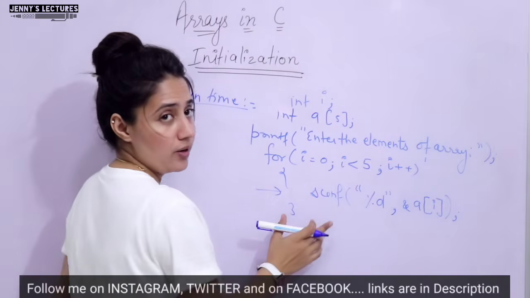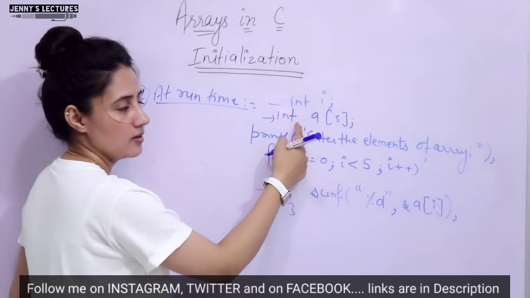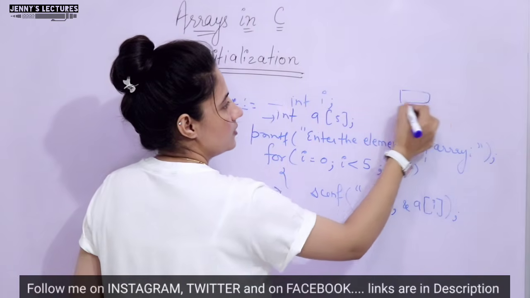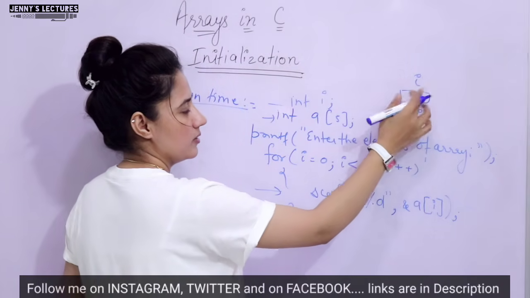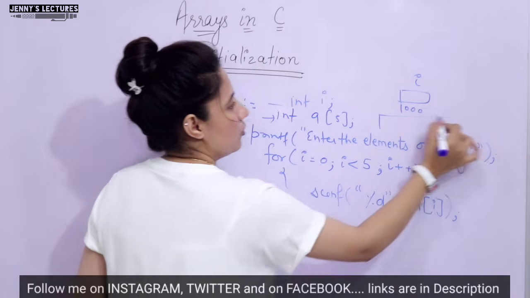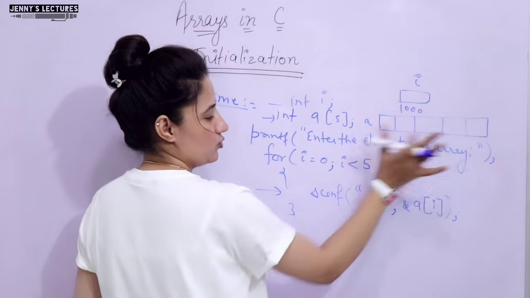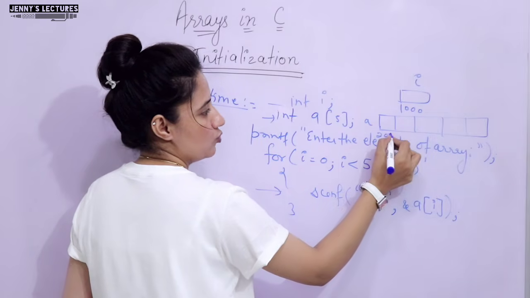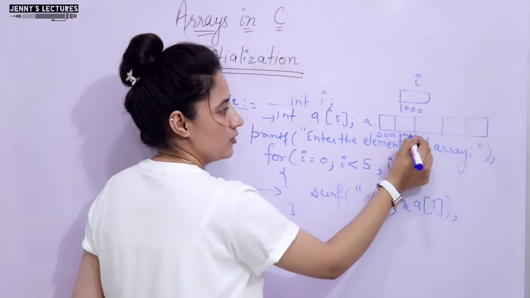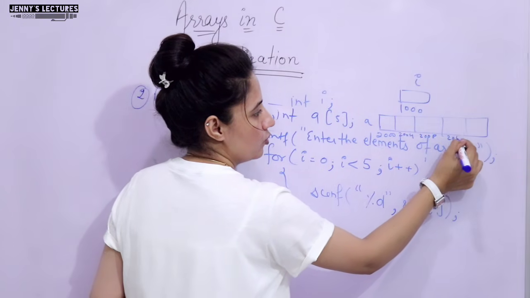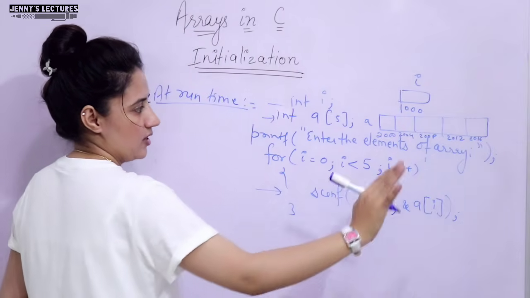Now, when this program is run, what will the compiler do? First of all, it compiles these lines. So int i means here in memory some space would be allocated to this i, suppose the address is 1000, and here is some garbage value. And for the array named a, space would be allocated for 5 numbers. Suppose the base address of the array is 2000, so 2000 for this, 4 bytes for this one. So this would be 2004, 2008, 2012 and 2016, right? Here also we have some garbage value, we haven't initialized it.